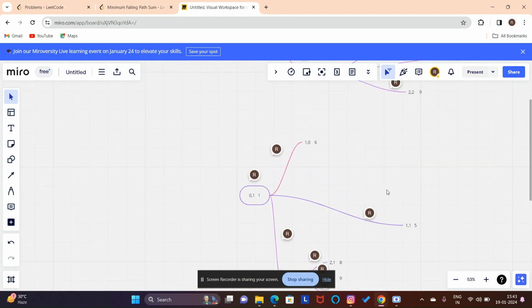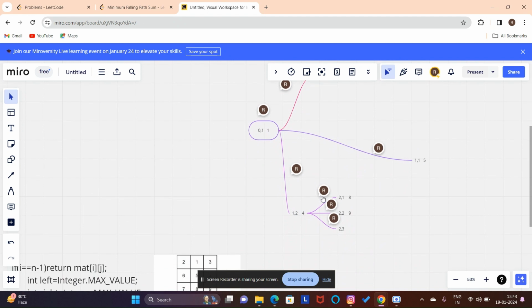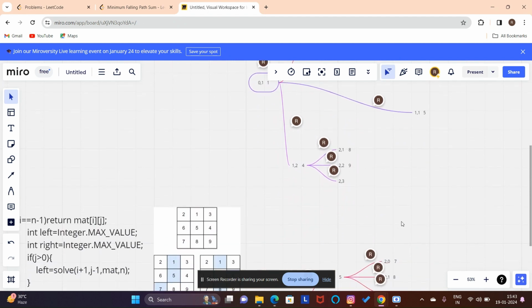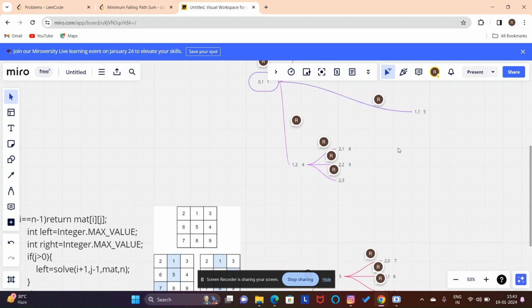Okay, this is the visualization tree. So I have not calculated the answer for 1 comma 2, so I'll go to the subtree of 1 comma 2, and I will just calculate the answer. Okay, so